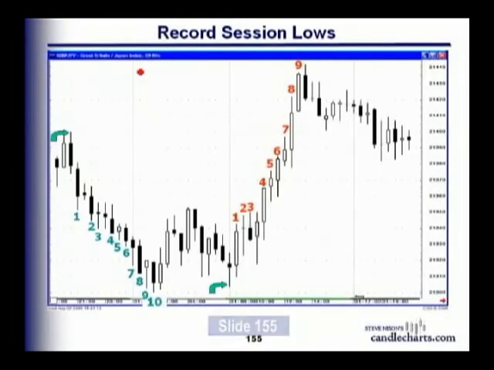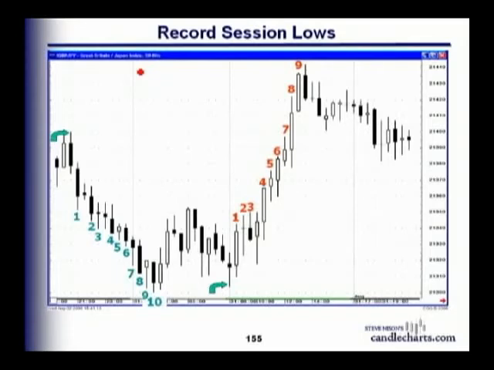Okay, so here are some record sessions, again, for you to take a look at. You could say record session 10 on the downside. After 8, we had a hammer, so you start thinking maybe it's a bottom reversal. Now, the reason I wanted to show you this slide is to bring out an important aspect about the record